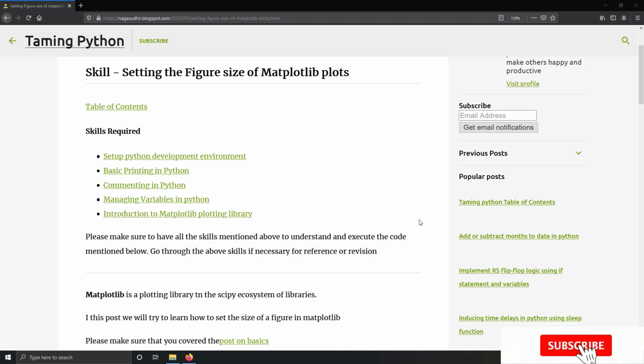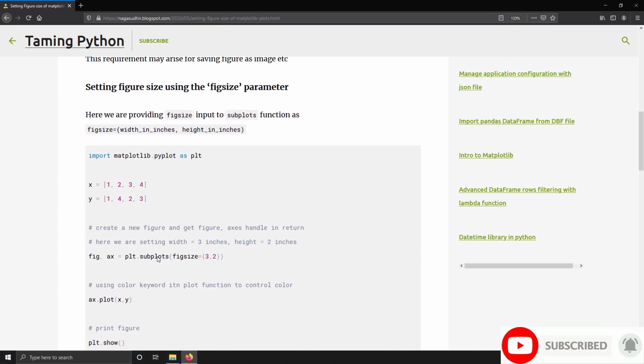In this video, we're going to talk about setting the figure size of a matplotlib plot in inches. So in this, we are going to use the figsize input of the plt.subplots function to control the figure size of a matplotlib figure. These two items given here are width in inches and height in inches. Using this figsize input of the plt.subplots function, we can explicitly control the size of the figure instead of the default figure size of a matplotlib plot.